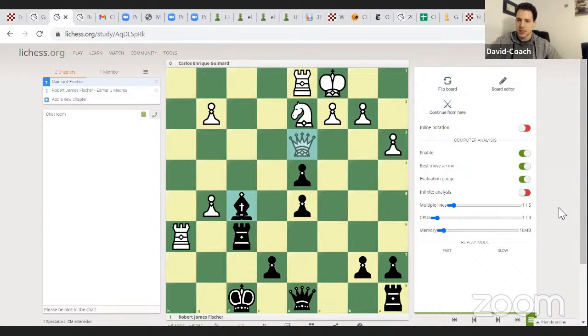But we take this. So we just had this, right? Bishop f5, rook takes, bishop takes, check. Oh wait, actually he went to g7. I'm a little bit surprised. Maybe it doesn't make a difference. Maybe he's, oh, obviously he can't take though. He doesn't have time to take because, wait, what? I don't know. That's actually interesting. I wonder why he didn't. What would have happened if he had taken,